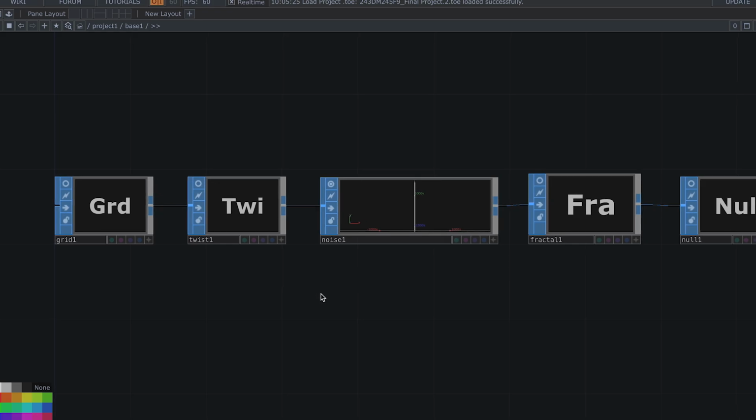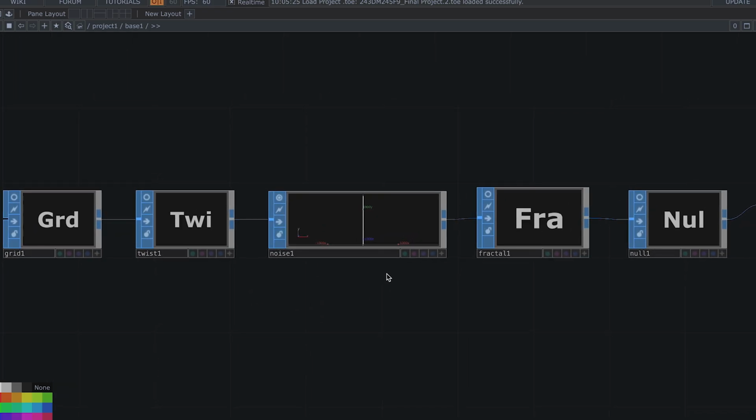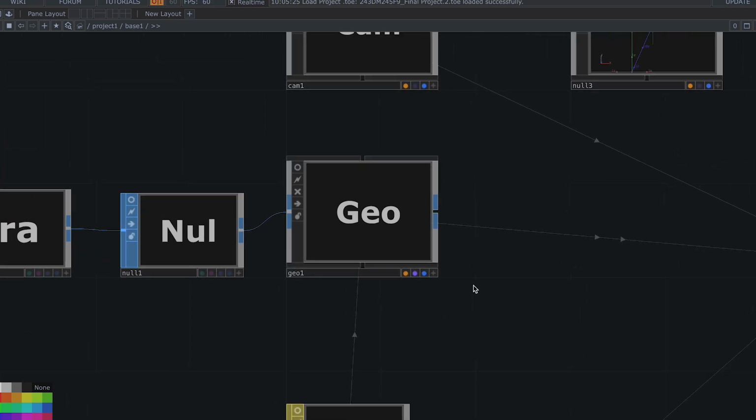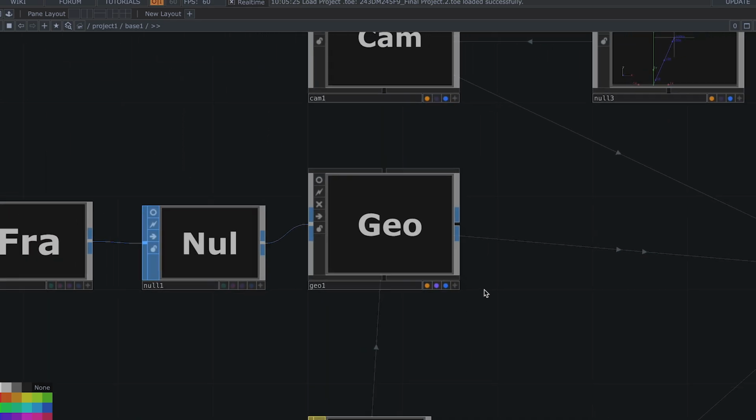I introduce randomness, this noise one, to create natural irregularities, mimicking the organic movement of water and the unpredictable firefly lights. The geo nodes right here and sphere shape serve as base geometry representing the water surface and the floating fireflies.